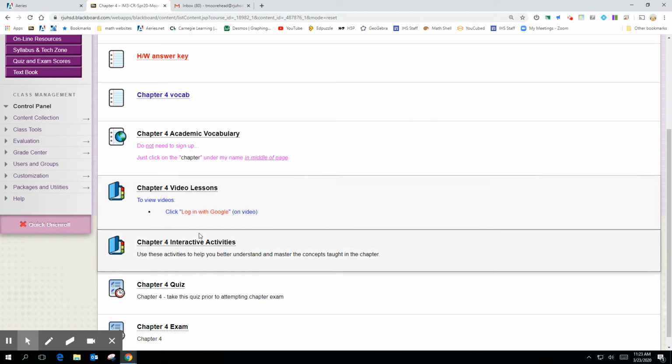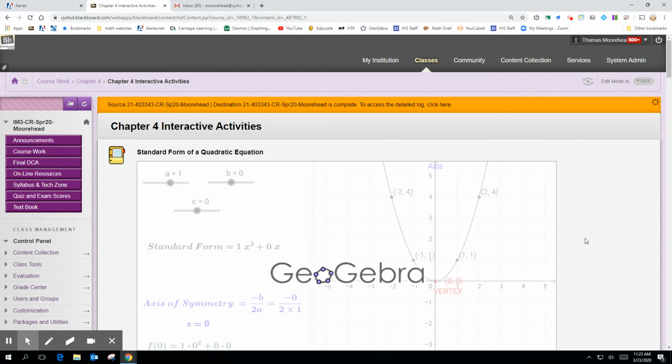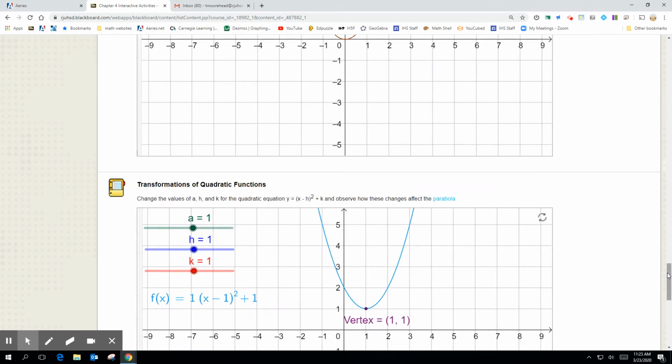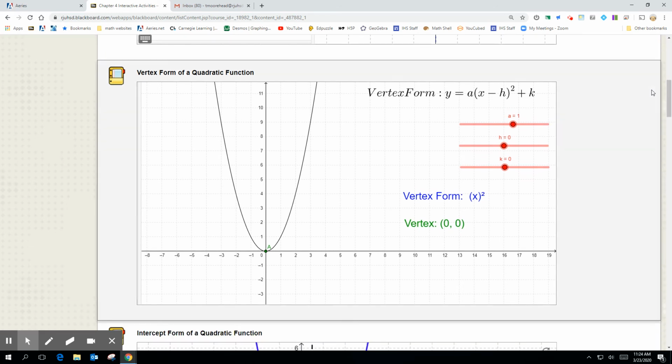We also have some activities. These aren't assignments that are due, but they are things that might help you understand the chapter a little bit better, some of the concepts in the chapter. There's just some activity apps on here. Let's see. I'll just walk you through an activity right here. There's no homework assignment or anything due.